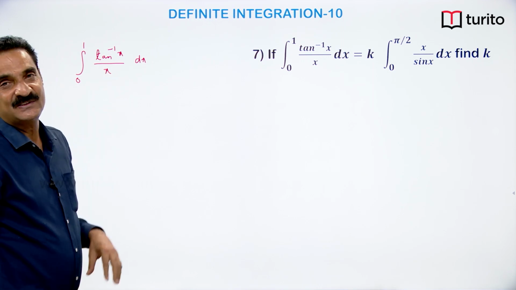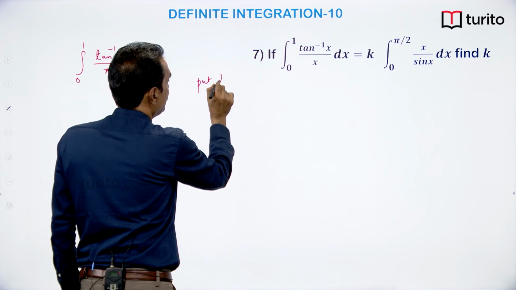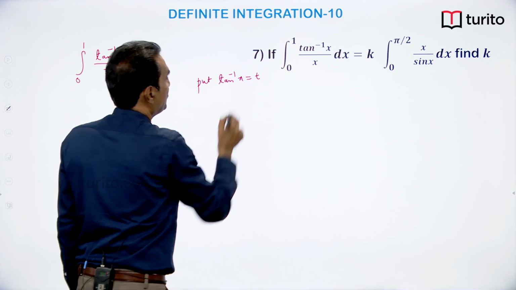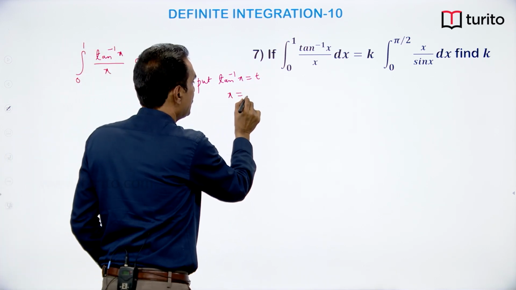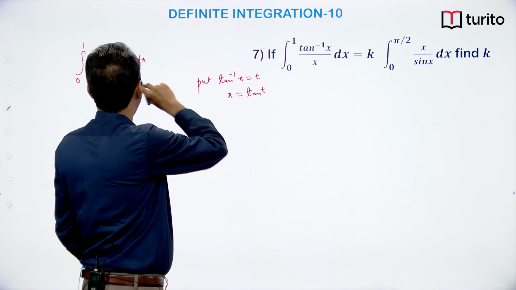Substitute tan inverse x is equal to t. Then x will be tan t,